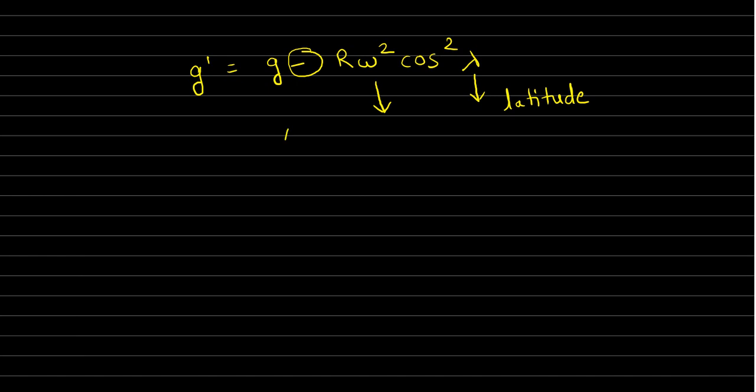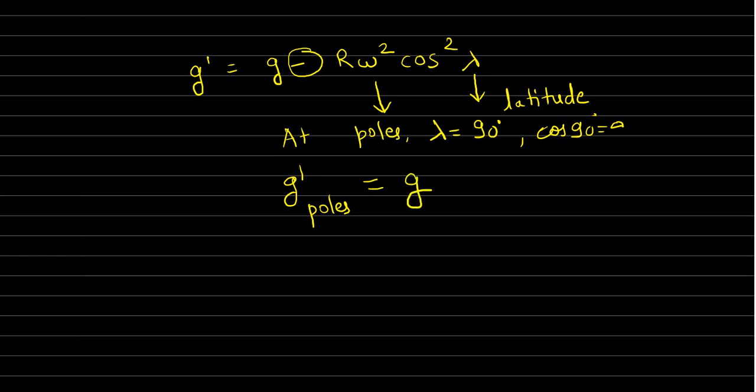Okay, so we can see here minus sign except at poles, because at poles lambda equals 90 and cos 90 degree equal to 0. सो पोल्स पर हमारे पास जो वैल्यू आएगी, effective value of g, that will be equal to actual g. It means क्या हुआ, पोल्स पर g की वैल्यू मैक्सिमम होगी. देन नेक्स्ट इम्पॉर्टेंट पॉइंट इज, पोल्स पर अर्थ के रोटेशन का कोई भी इफेक्ट नहीं होगा, no effect on